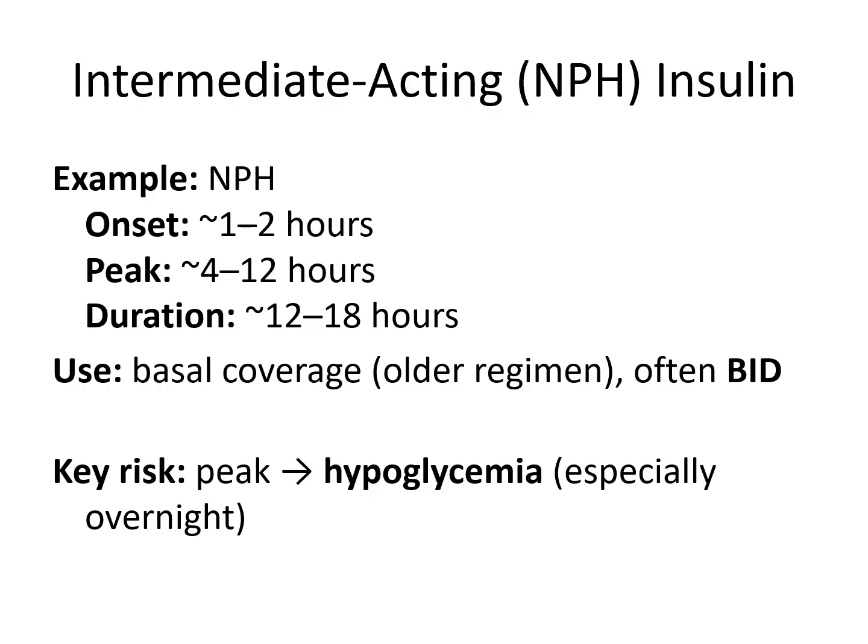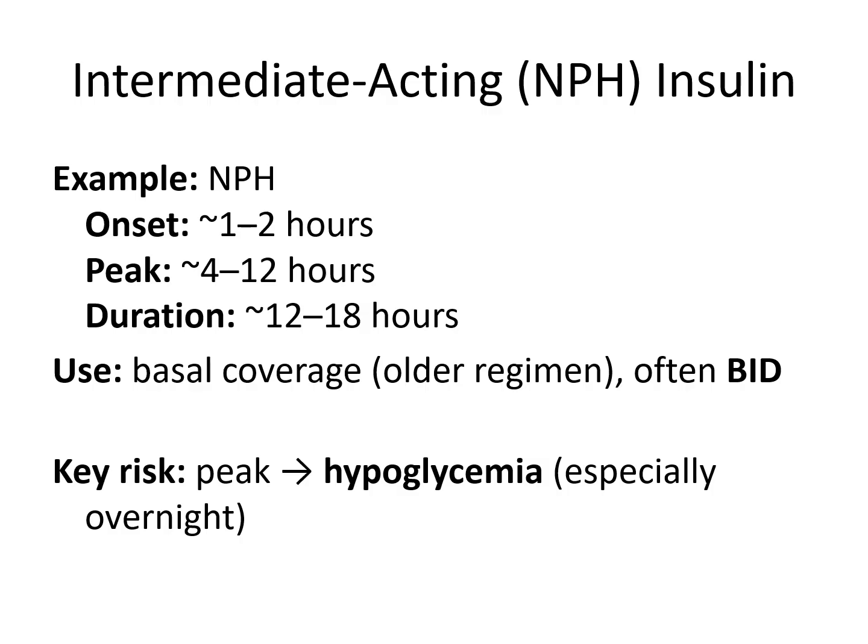Intermediate-acting insulin refers to NPH. NPH has an onset of about 1 to 2 hours, so it does not work immediately. It has a significant peak between 4 and 12 hours, and its total duration is roughly 12 to 18 hours. So historically, NPH was used for basal coverage in older insulin regimens and is often dosed twice daily to provide